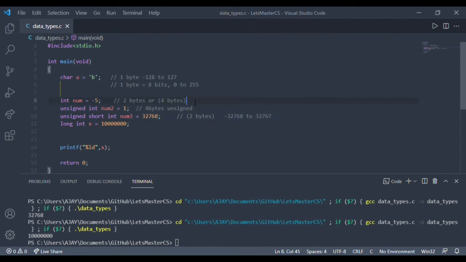So this big value has been printed. We also write the value of the integer range. So this big number is the range of integer.